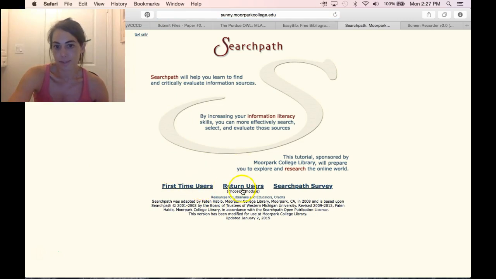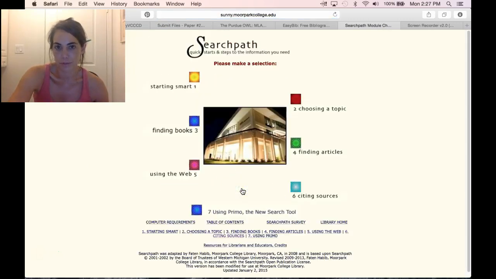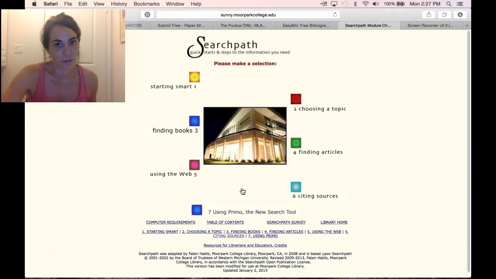All you have to do is hit return users. You can hit first time user, but you don't have to. First time users, just to make sure that your computer is going to work correctly. And if you're using Chrome or Firefox, it should be fine. But all it does is tell you how to find articles and how to utilize the internet in a more effective way. But if you're having a hard time when you do a search at the library because you're coming up with all these articles that are so long and don't make a lot of sense to your topic,